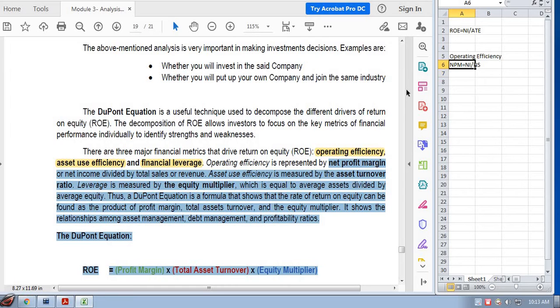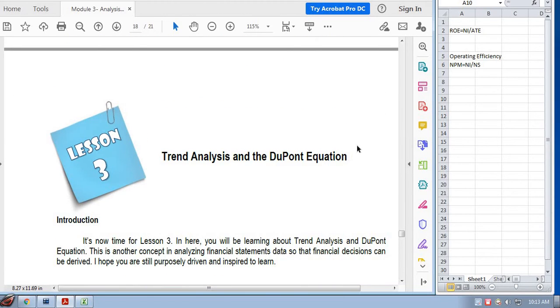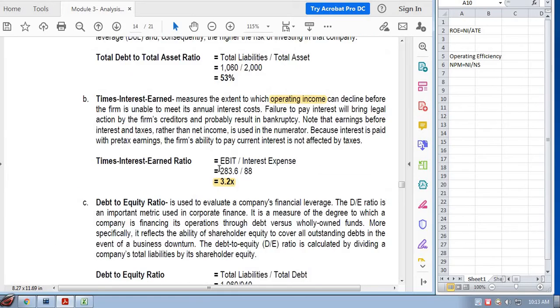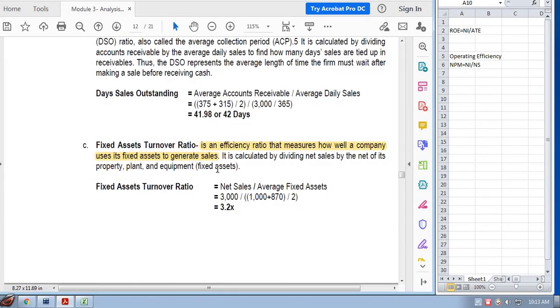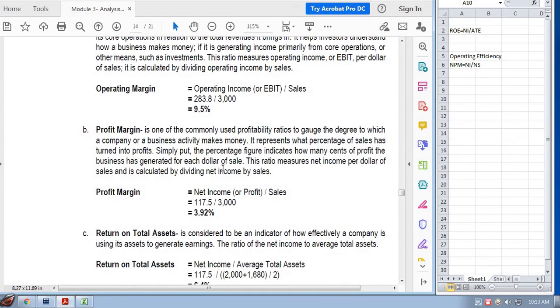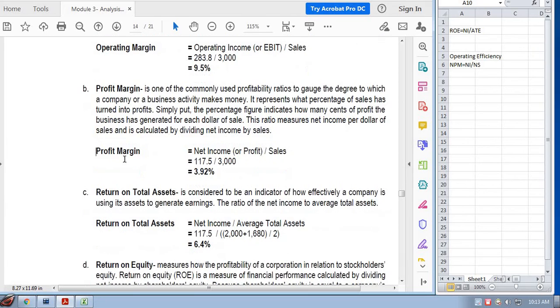'Di ba? Yan yung formula in lesson 2. Okay? Just review lesson 2 or sige, puntahan na lang natin the net profit margin so that we will also have a review. Profitability ratio yan siya. Okay, sa baba pala. Ito. The net profit margin or the profit margin ito siya. Net income or profit over net sales or sales. Okay? Then,